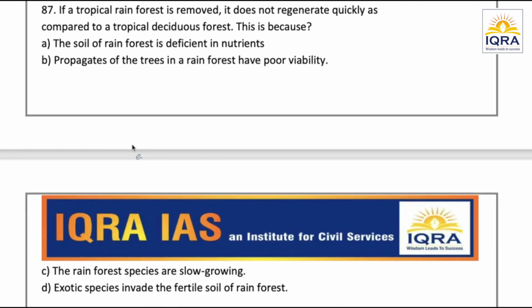So question number 87. If a tropical rainforest is removed, it does not regenerate quickly as compared to the tropical deciduous forest. और ऐसा क्यों होता है? तो ऐसा इसलिए होता है because the soil of rainforest is deficient in nutrients. और ऐसा क्यों है? Because this happens because the warm humid conditions present there encourage the faster decay and the